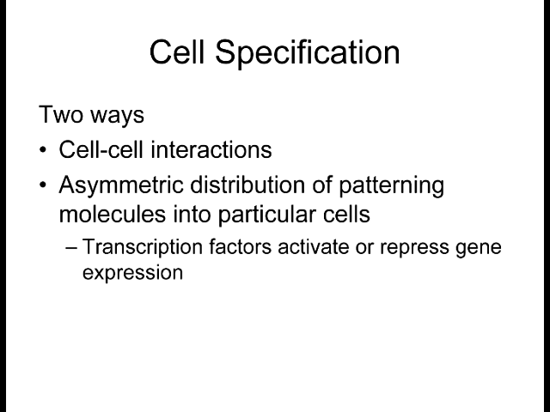So these are the main two ways that all three of these modes of specification use. Conditional is typically cell-cell interaction. Syncytial and autonomous specification use asymmetrical distribution of these RNAs as well as proteins in the cytoplasm to begin the